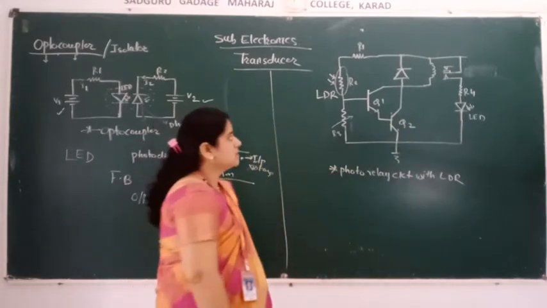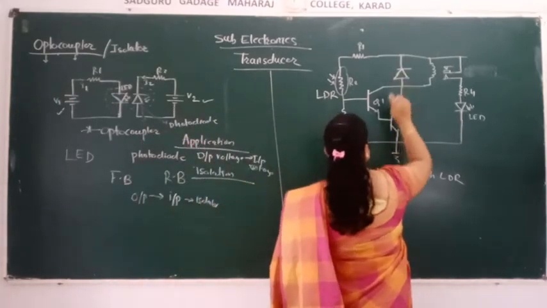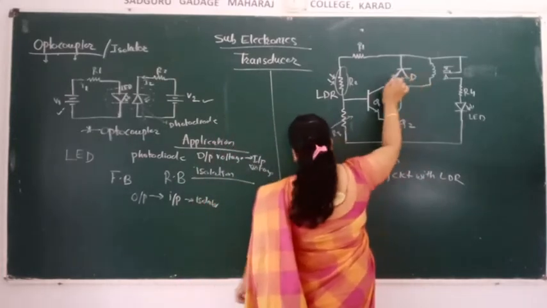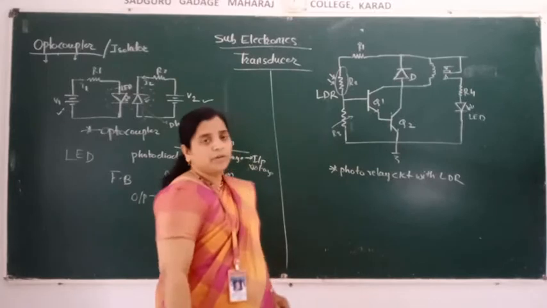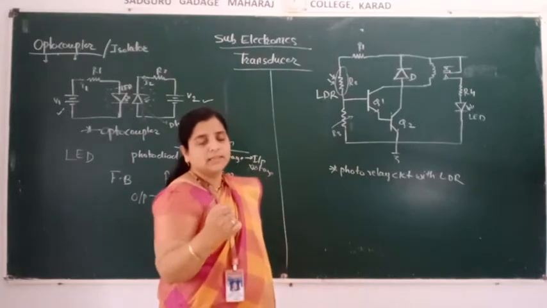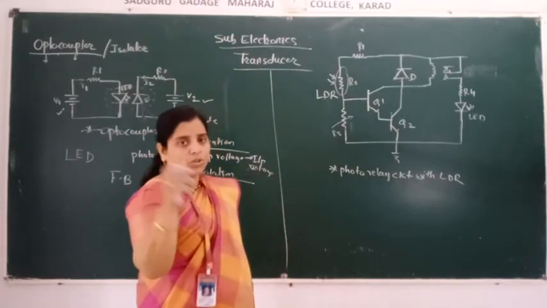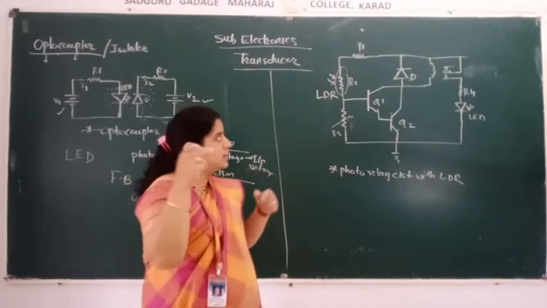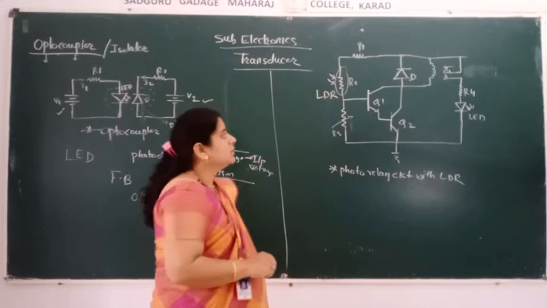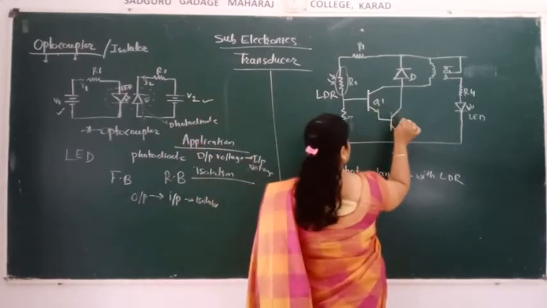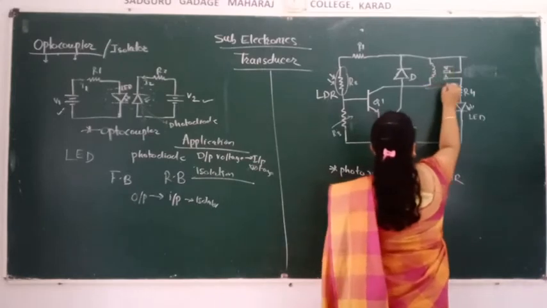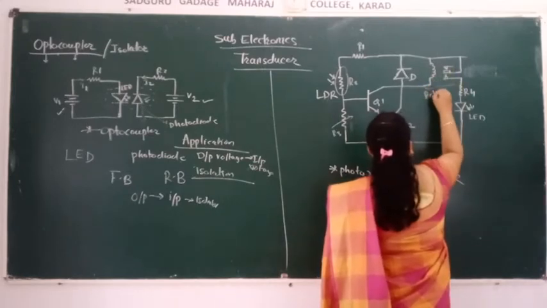One of the transistors is connected with a diode, and this diode D is the protecting diode that I have told you about. If a large current flows in the circuit, it allows the current to pass through that diode. It will not go anywhere to damage the circuit, so the current will pass through the diode. Then transistors Q1 and Q2 are used, and one relay is used. Here is the relay.